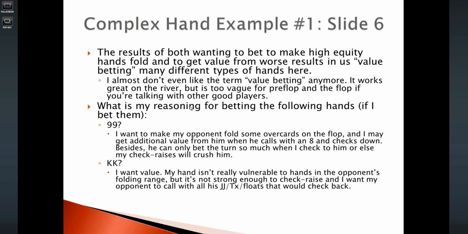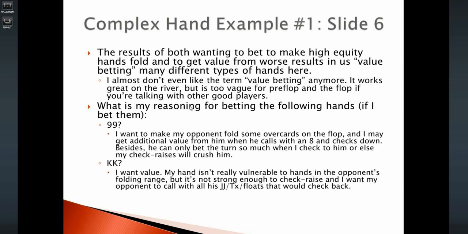So when I say jack, 10x floats that would check back, I don't mean he's checking back all of those hands. I just mean he will check them back some of the time, and I want to make sure I get value from them. He'll probably never check back jacks, but he'll definitely check back some 10x and some hands that would have floated. So kings is just a pretty clear value bet, and it's important to remember that when